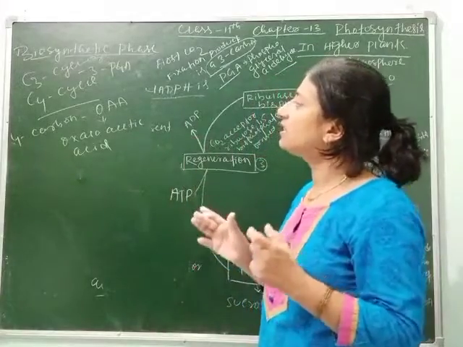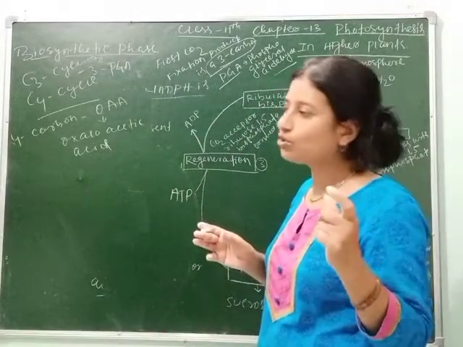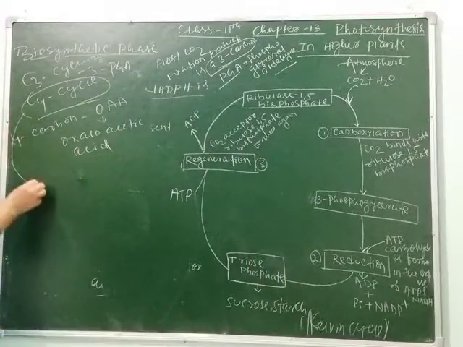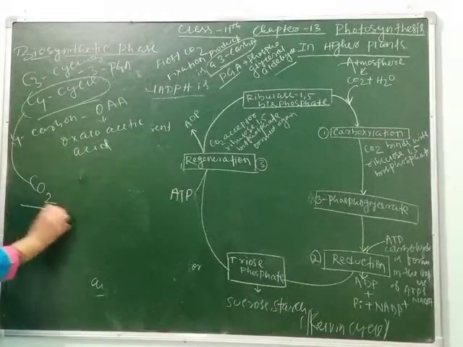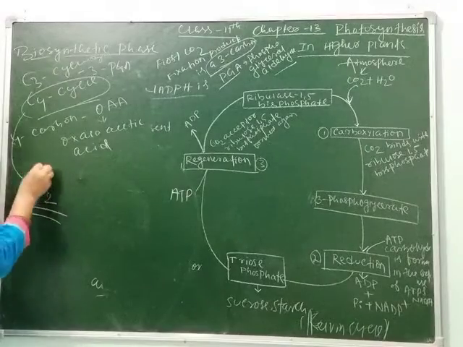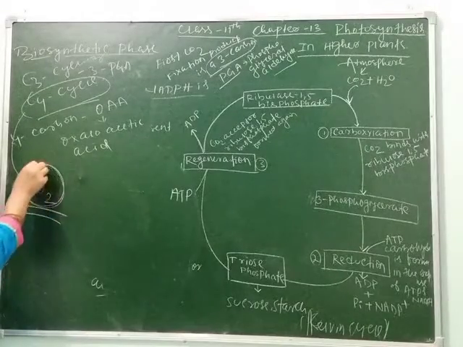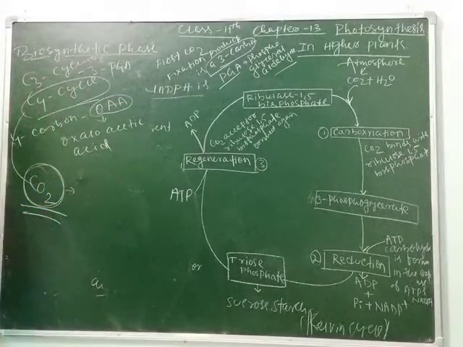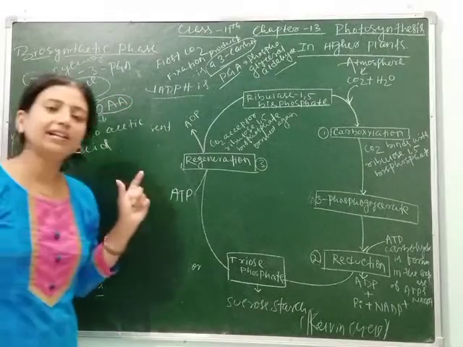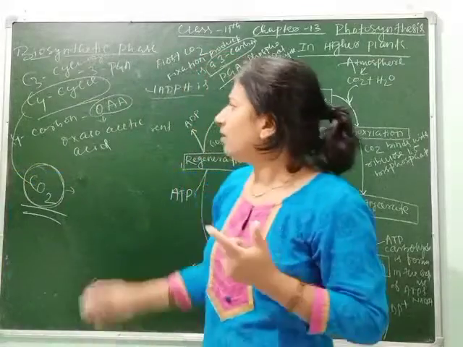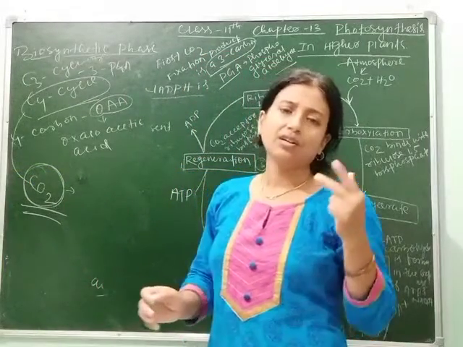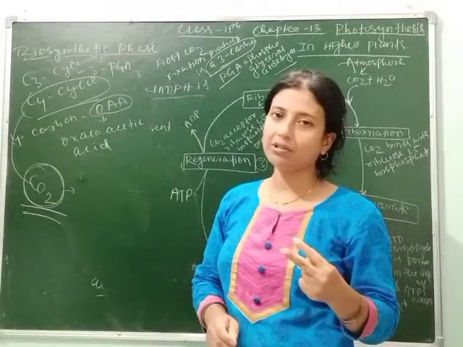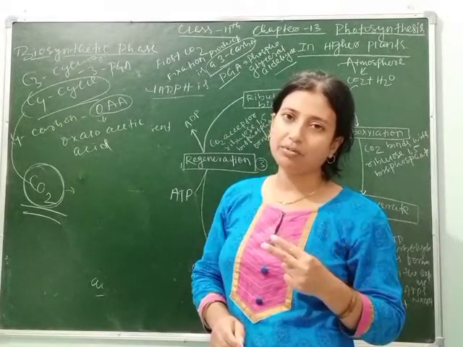So in the C3 cycle the carbon dioxide fixation is less, whereas in the C4 cycle the carbon dioxide fixation is more. It means the C4 cycle needs more carbon dioxide and produces a 4 carbon source, that is oxaloacetic acid. So students, this is very clear that during photosynthesis we can get two types of carbon product. One is a 3 carbon source and another is a 4 carbon source.